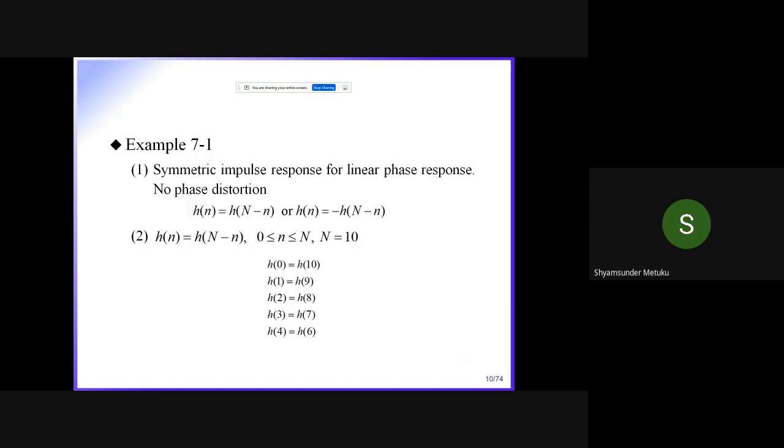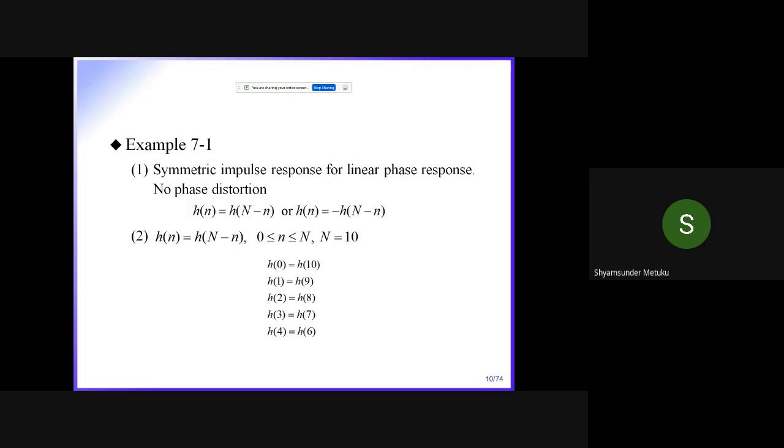Okay, fine. Now this is an example. So we have discussed what an FIR filter is, what its properties are, and what different impulse responses you can get for it to have a linear phase, so that group delay and phase delay will be constant. Then we have finally achieved type 1, 2, 3 and 4 filters. Now this is one of the examples. What you get in the examination will be similar to this.